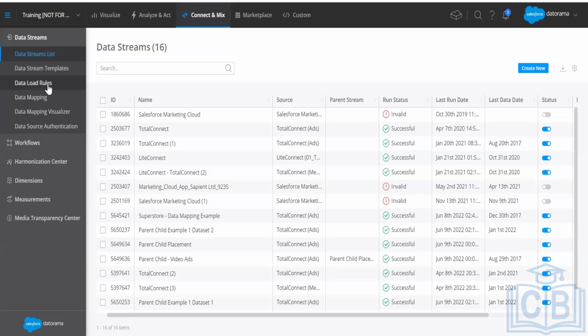Data load rules are somewhat like that. Say suppose I have four agencies giving me data and I want three agencies only. I can go ahead and create a rule in Datorama which will filter out the agency that we don't want, and it will supply us with data for the three relevant agencies that we wanted. It's a filter that comes in first,